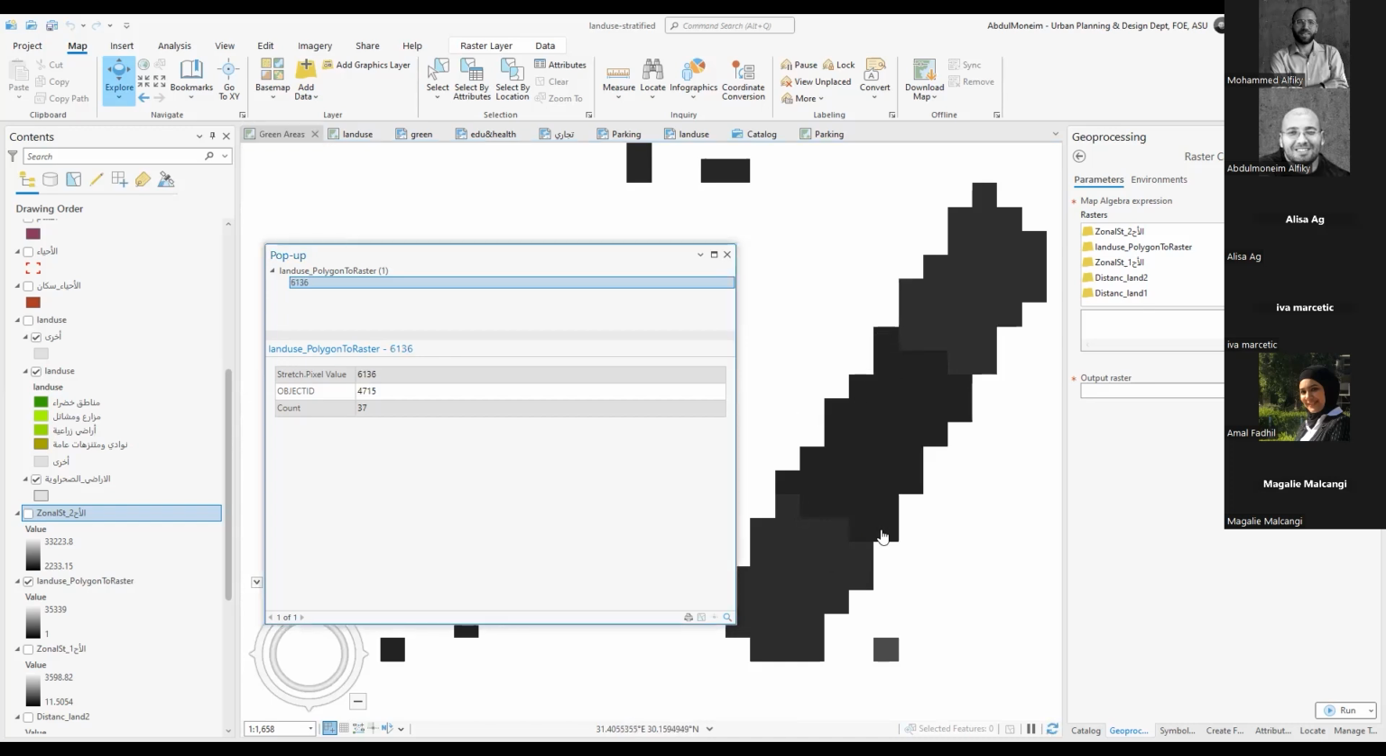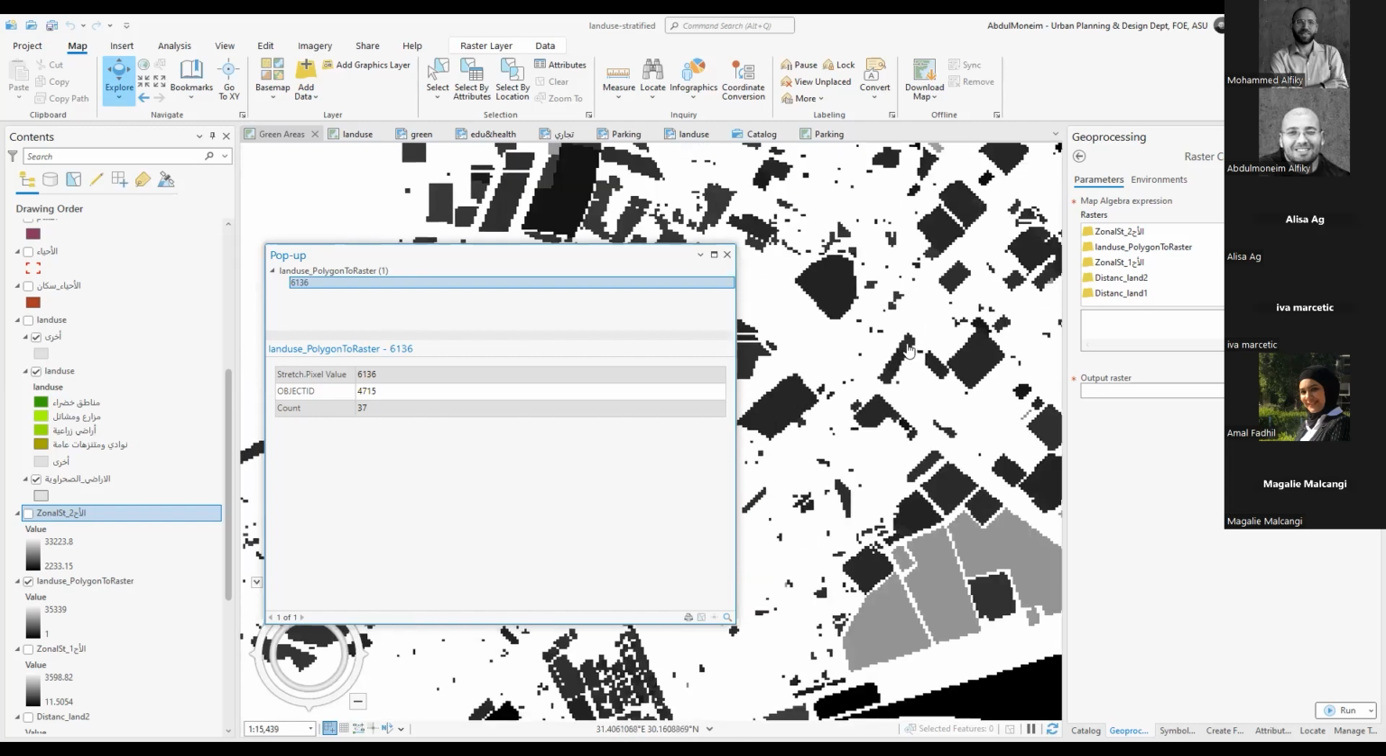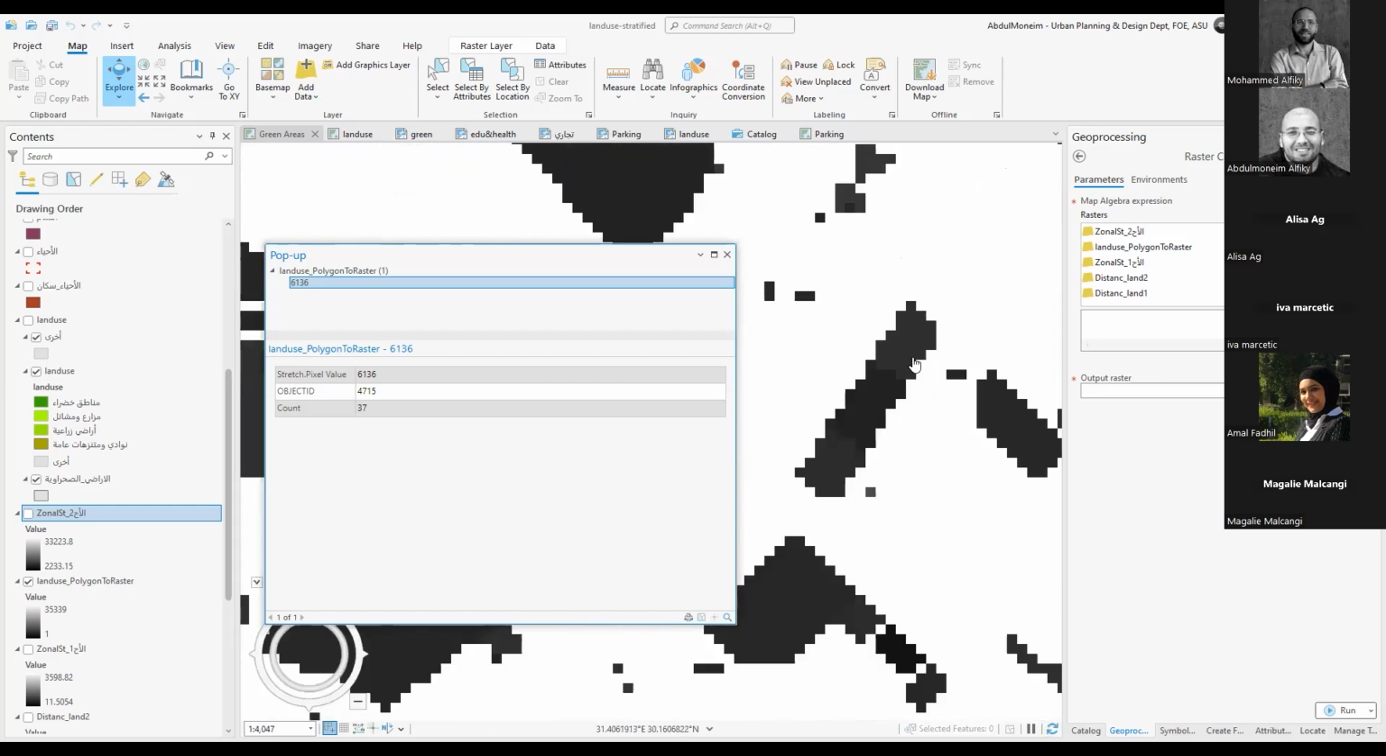It would be 37 multiplied by 15 square, and so on. So each one of those will give me the area. What we need to do now is basically run a calculation so that each set of pixels here gets a unified value. And then from that unified value, we can run